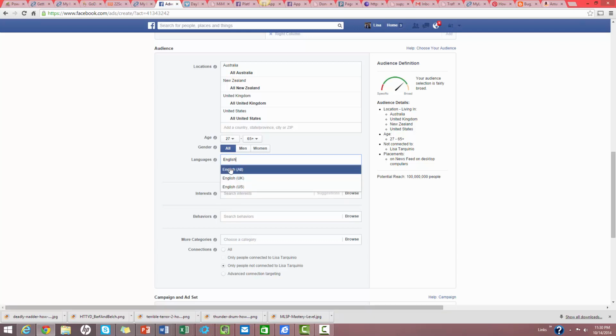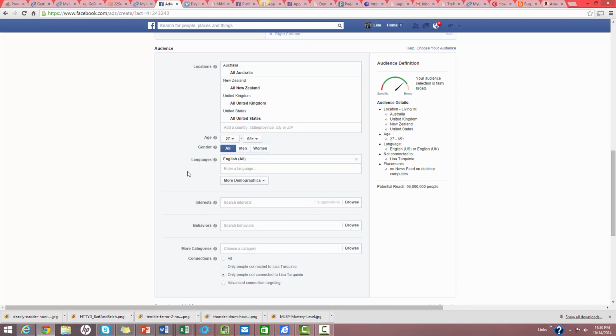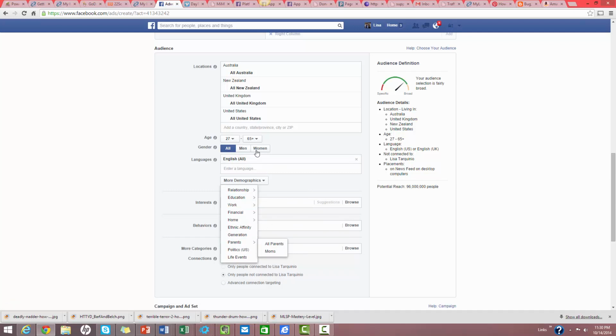And if you have more than one language that you speak, that's great. I would recommend doing that as well. And then here you could do more demographics. So if you are targeting stay-at-home moms, first of all, you want to change that to women, and then here just do moms. Or if you want to do their financial income,